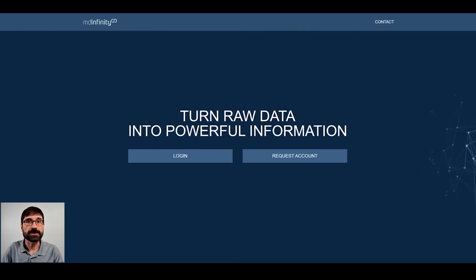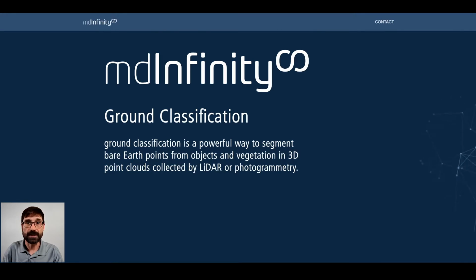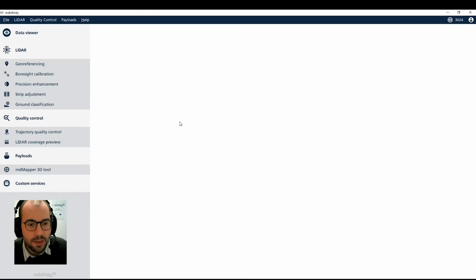Jaume, the first update we'll address is the data processing module ground classification, which is now available in both mdInfinity desktop and cloud. Let's see how you can use this software to isolate the ground from other features in the point cloud. Thank you, Robert, for the introduction. As you mentioned, now ground classification is available on mdInfinity Desktop and mdInfinity Cloud. Right now, I'm going to demonstrate how to use ground classification on mdInfinity Desktop, but it has a similar workflow